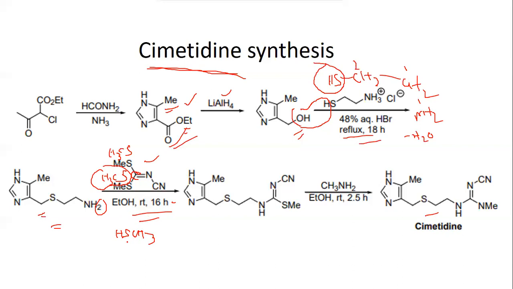Methyl thiol. We know methanol, CH3OH. It is just like that, methyl thiol. In case of oxygen, there is sulfur. So it is mercaptomethane or methyl thiol. It will come out. This CH3 and H will come out, and the rest part of the ring will be incorporated like this.